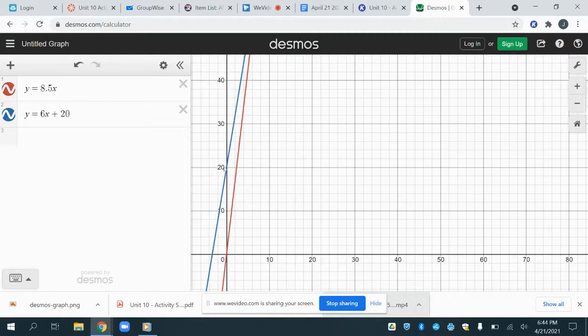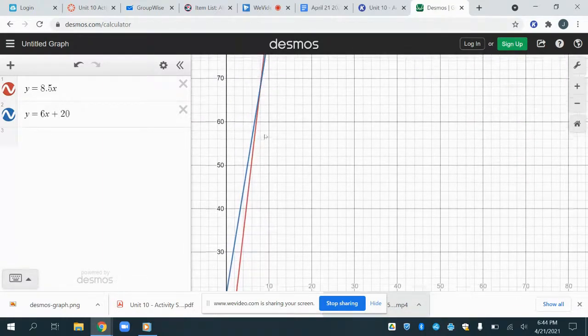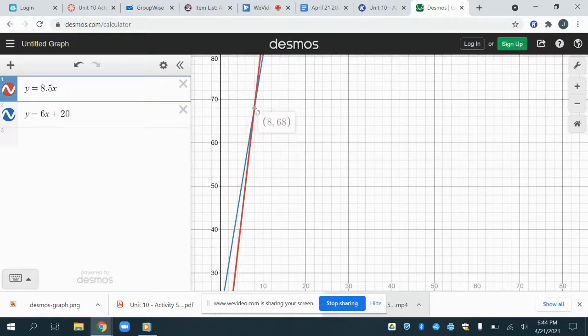They start out, he's 20 ahead, and Andrew is catching up as they go. The red line is the older brother who's faster. And they cross right here at (8, 68). In other words,